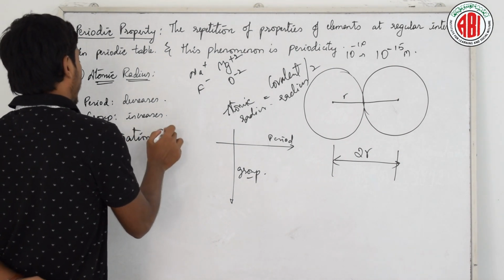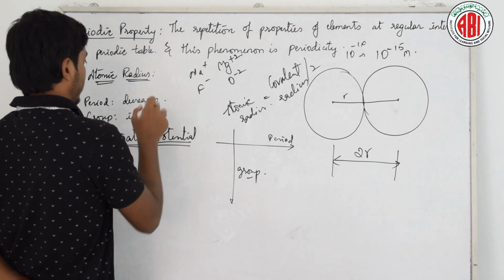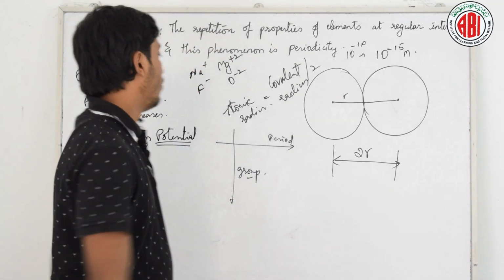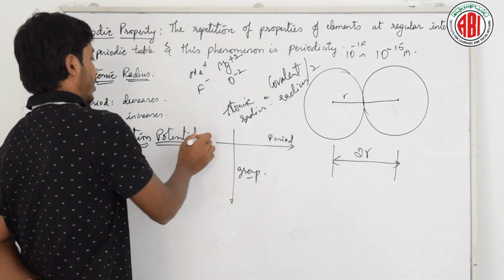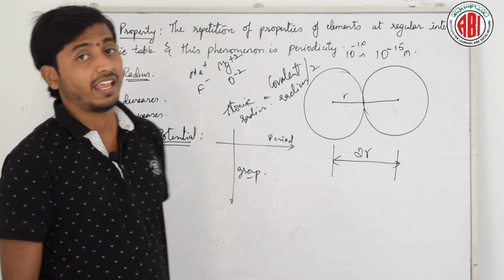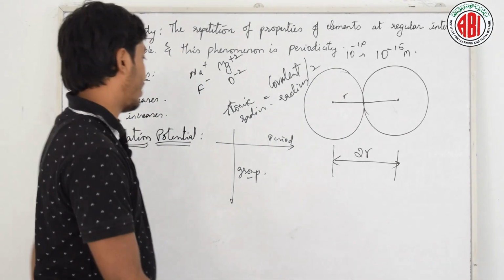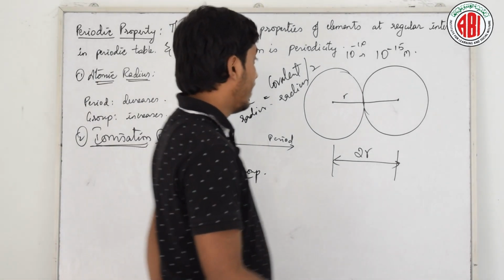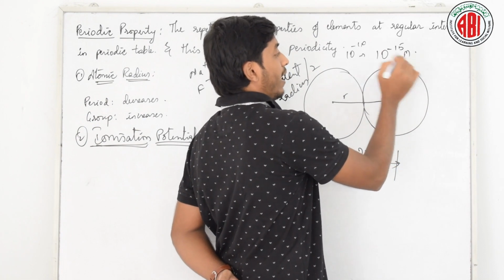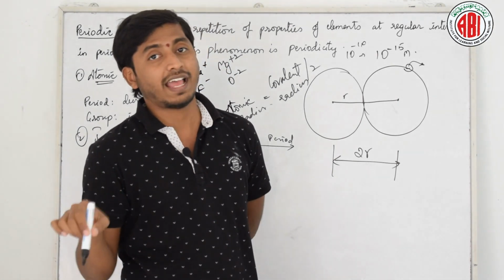Ionization potential. Hope you have a basic intro of these kinds of definitions from your 10th class also, right? Now see here, what do you mean by the term ionization potential? IP, also called IE, that is ionization energy, right? What is this? Ionization potential can be defined as the minimum amount of energy required to remove an electron in the outermost orbital of a neutral gaseous atom.